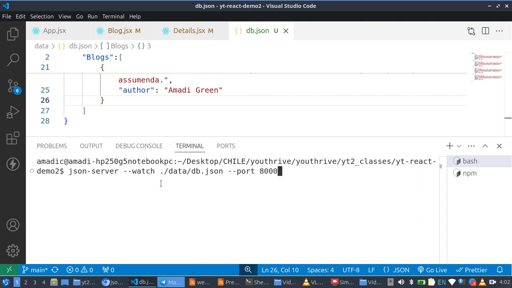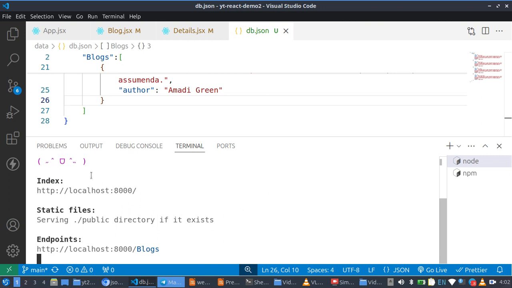Now why are we using this --watch? So that each time there's a change, it will immediately pick up that change. But if you don't use this --watch, it just starts for the first time. And if you make any change, like a put request or a post request, it will not reflect, it will not be dynamic. So if I hit enter now,